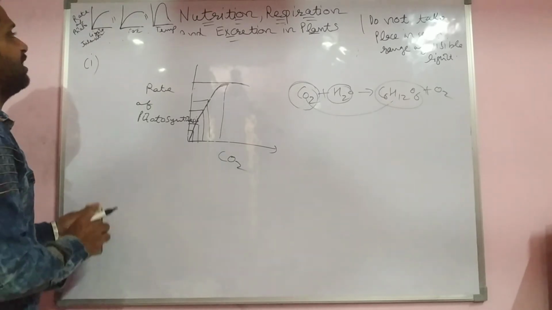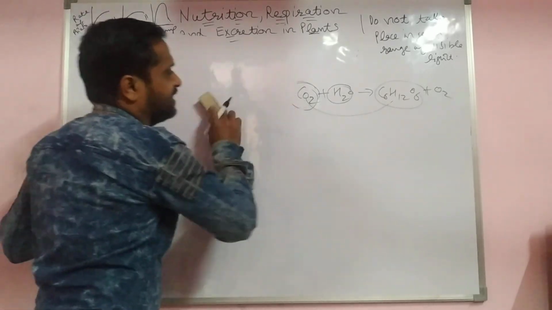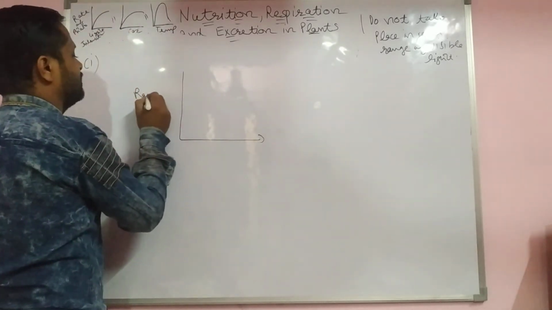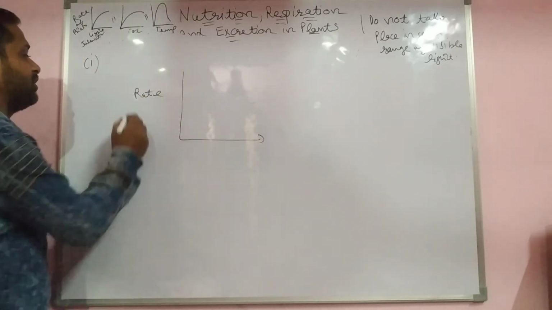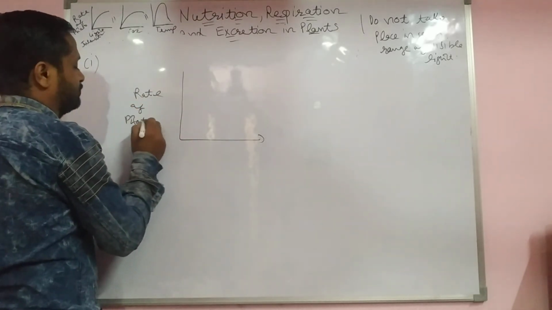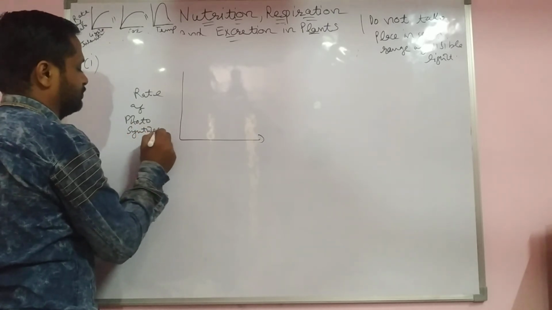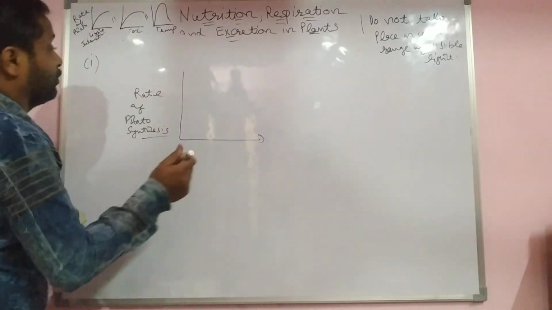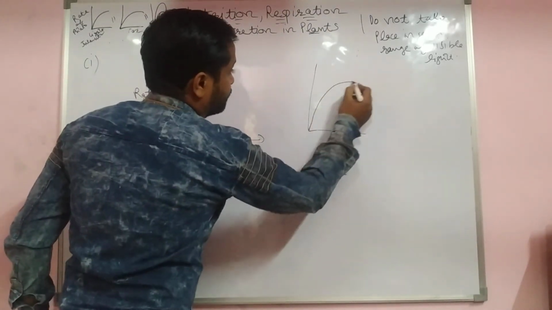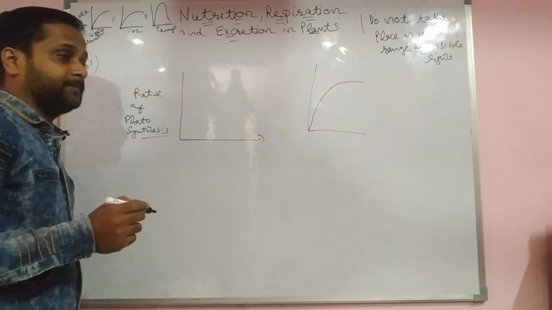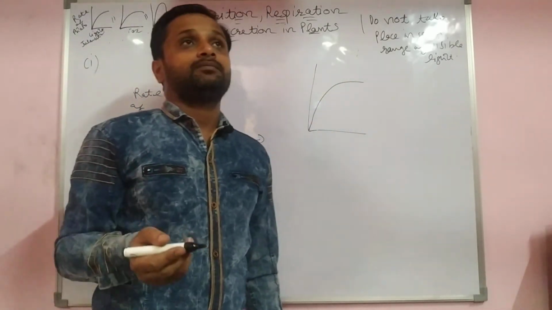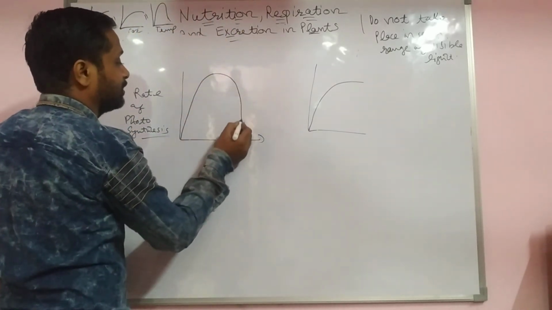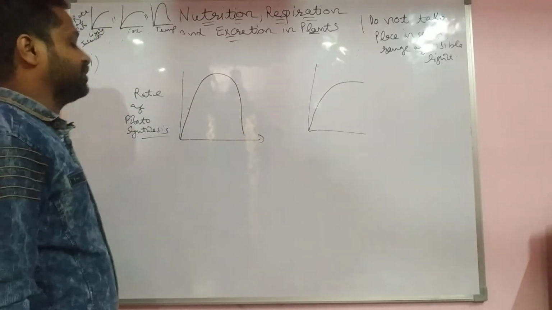If we discuss one more graph, temperature and rate of photosynthesis. Does the rate of photosynthesis depend upon temperature? Yes, students. If there is high temperature, we already did the graph, this one. If high temperature is there, then what happens? Let us see the graph first of all. The graph is like this, it does not touch zero. The rate of photosynthesis is not zero.